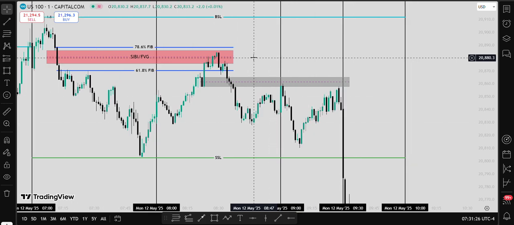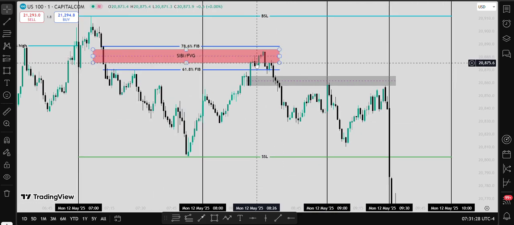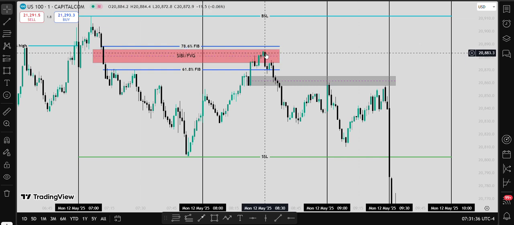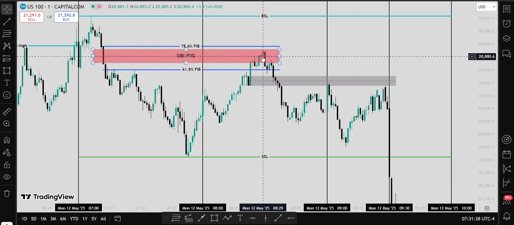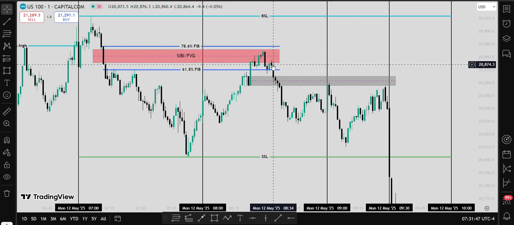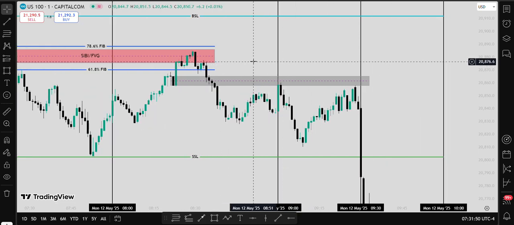As you can see, the bodies respected the SIBI, and even though it closed above the middle line, the consequent encroachment line, it gave us an entry when it tested the low of that SIBI. If I zoom in,